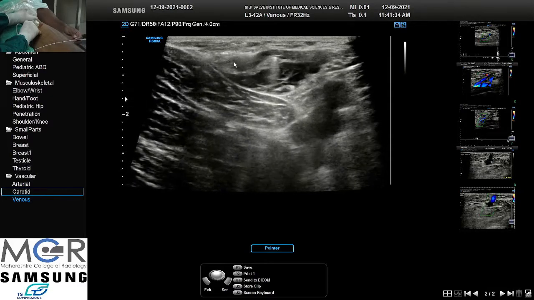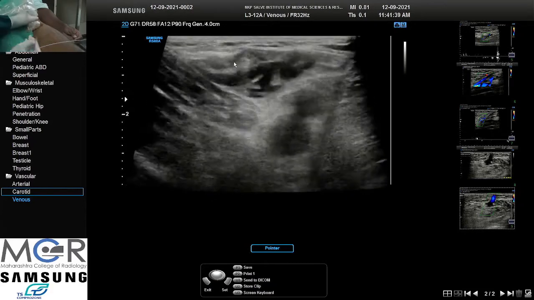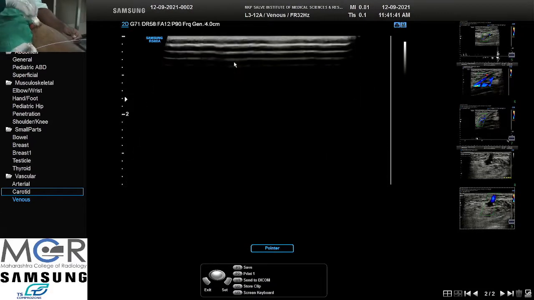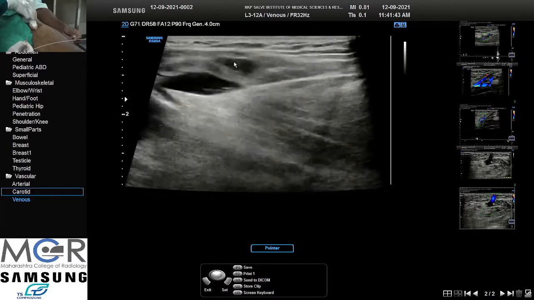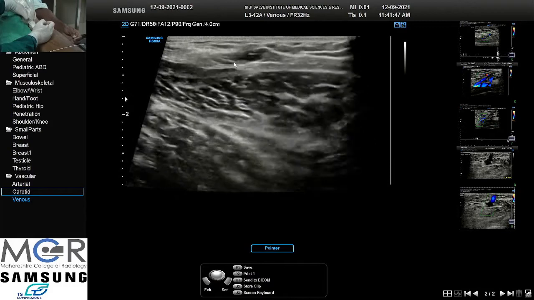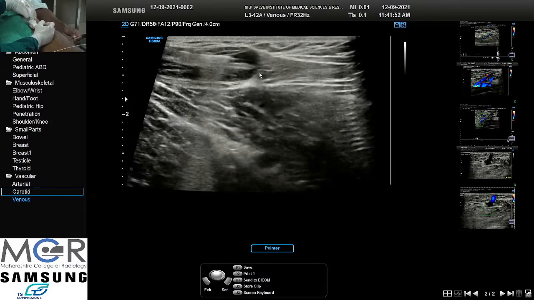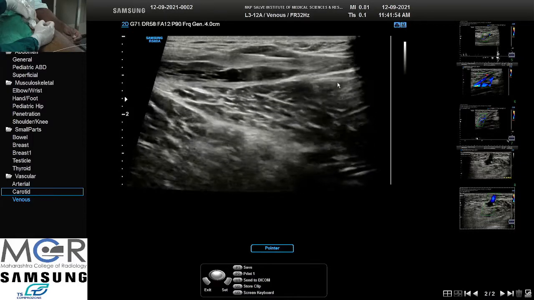At what interval do you give these injections? We go on scanning, and wherever it has not reached, from beyond that point we start giving again. So this is the fluid that we have injected up to this point. Below that, you will inject it here.